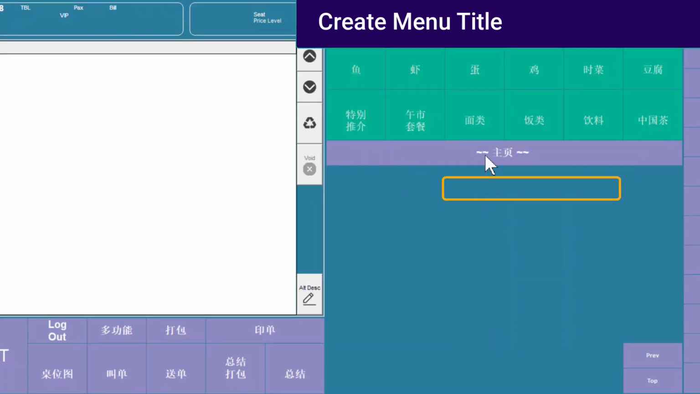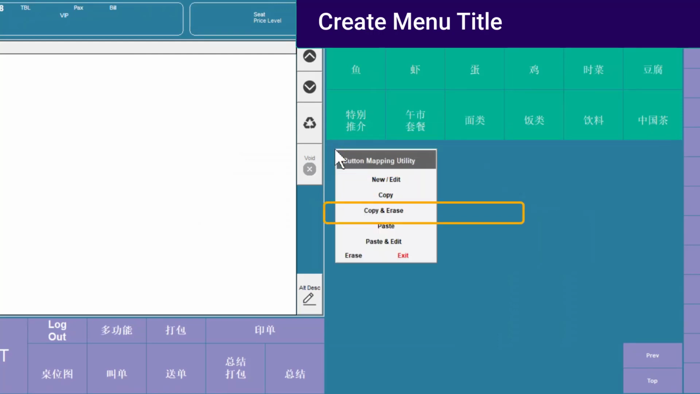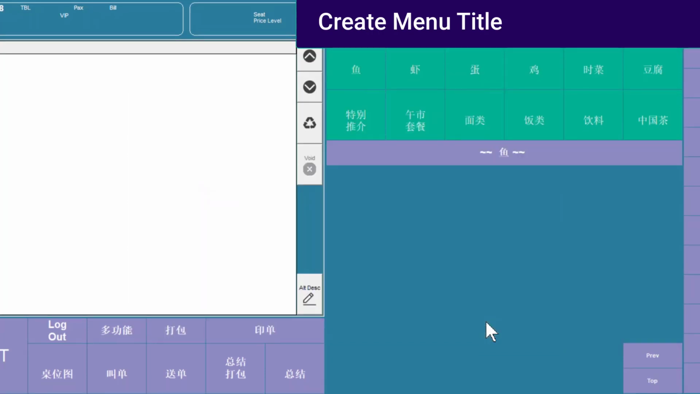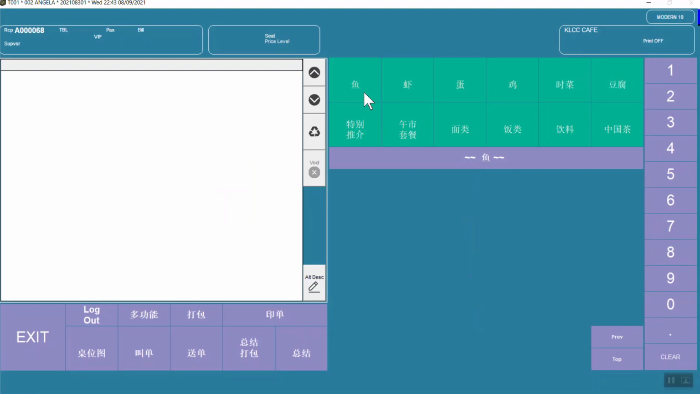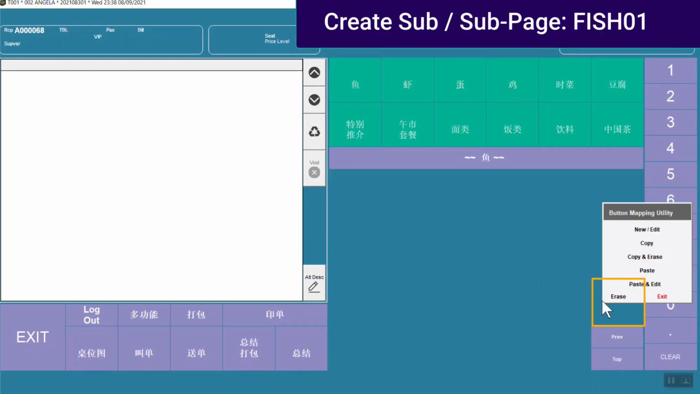Now copy the title button. Hit the menu button. Right-click. Hit the Paste and Edit. Key in the title description. Save it. It is done. Now test it out. You're able to know which page you are on right now. When items fully occupy the item screen area,